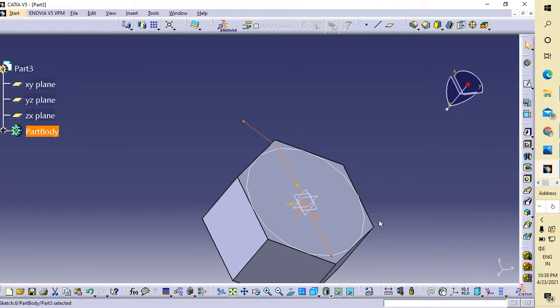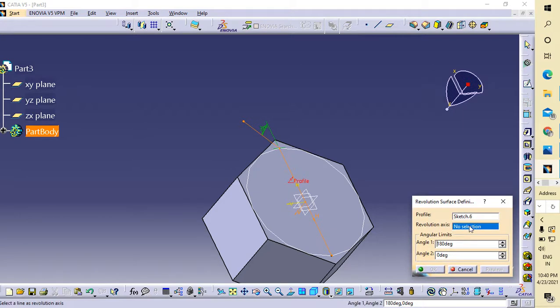Now there is no revolve command, you are not getting any revolve command. The same work is done by shaft, but shaft does not give the required solution for us. So I am going to use the revolve command, C semicolon revolve. Press enter. Okay, the revolve command will pop up. Now select the revolution axis.